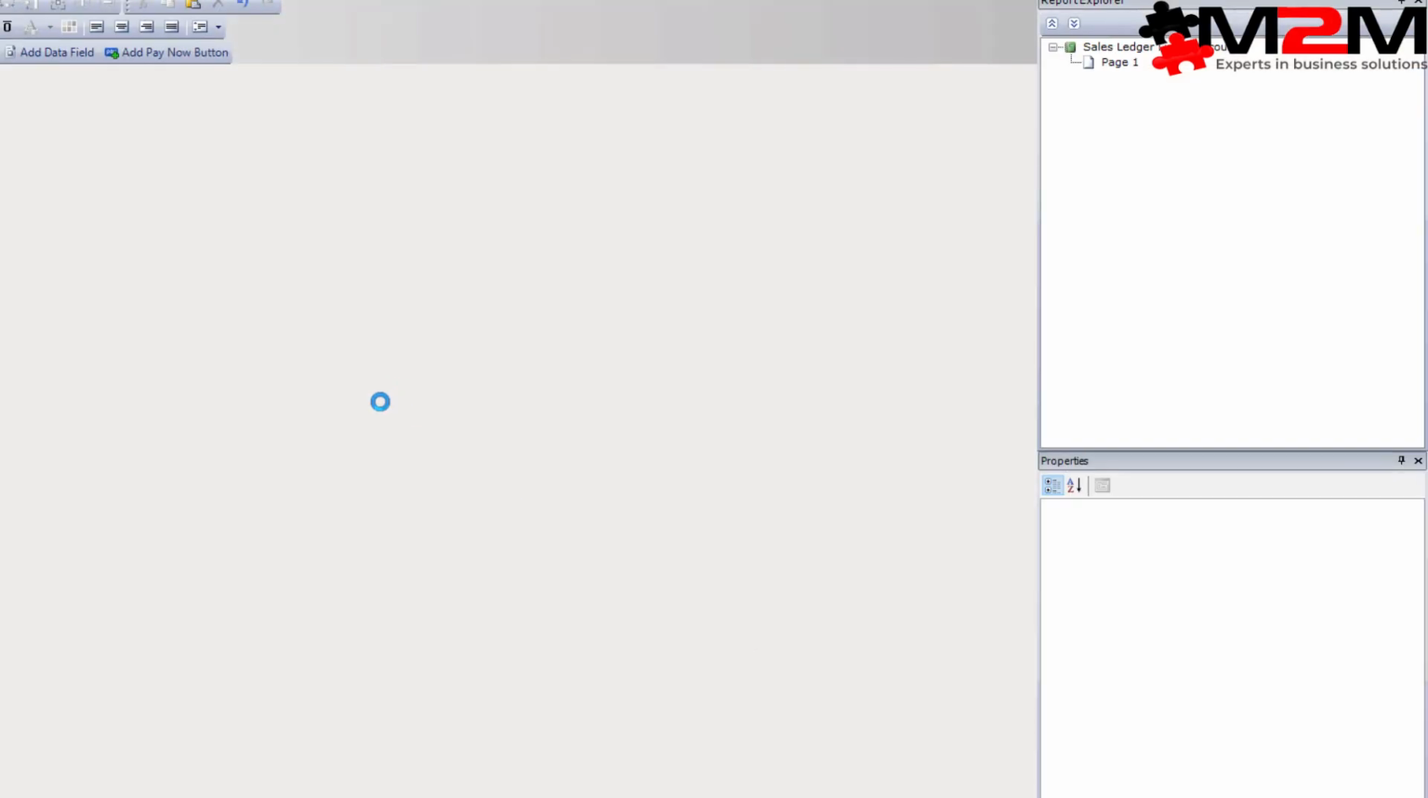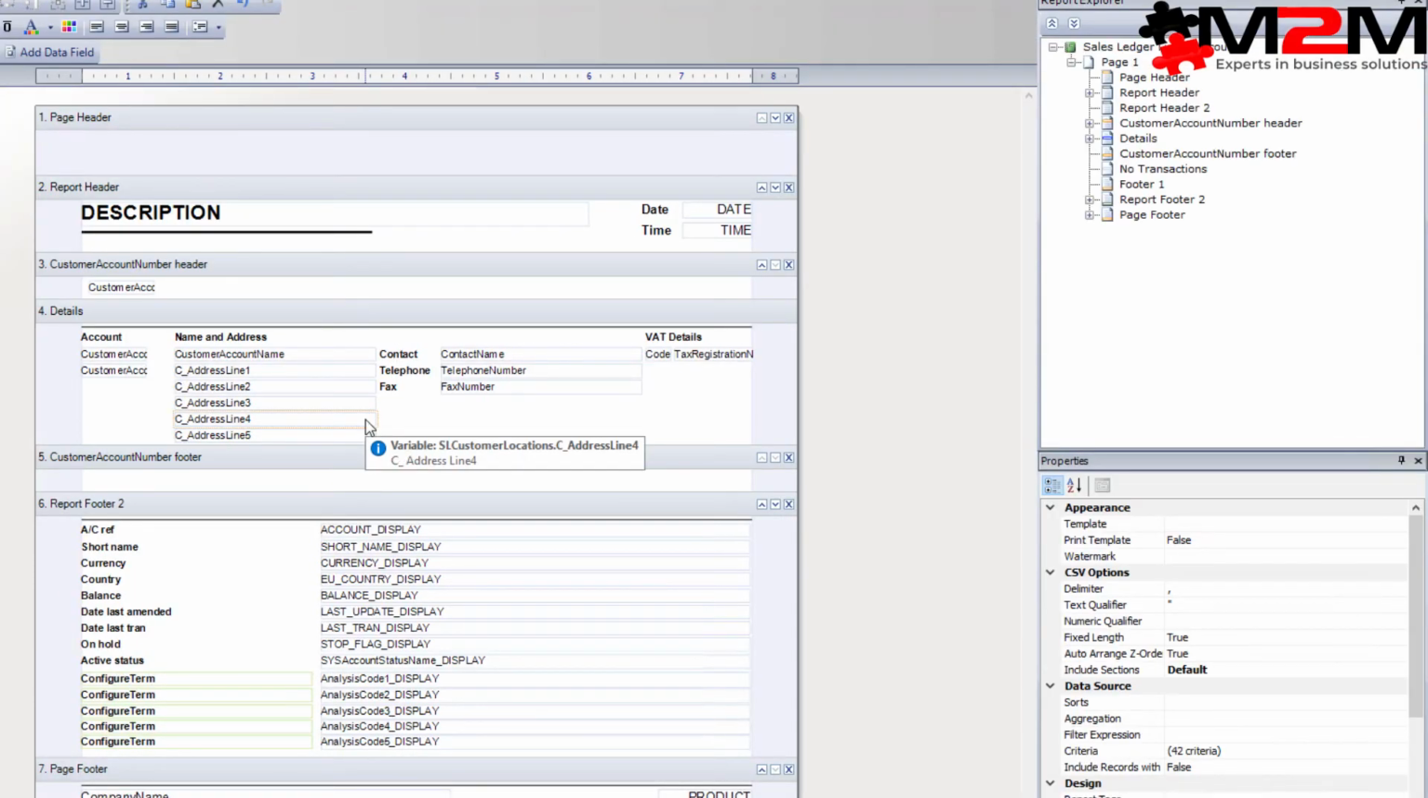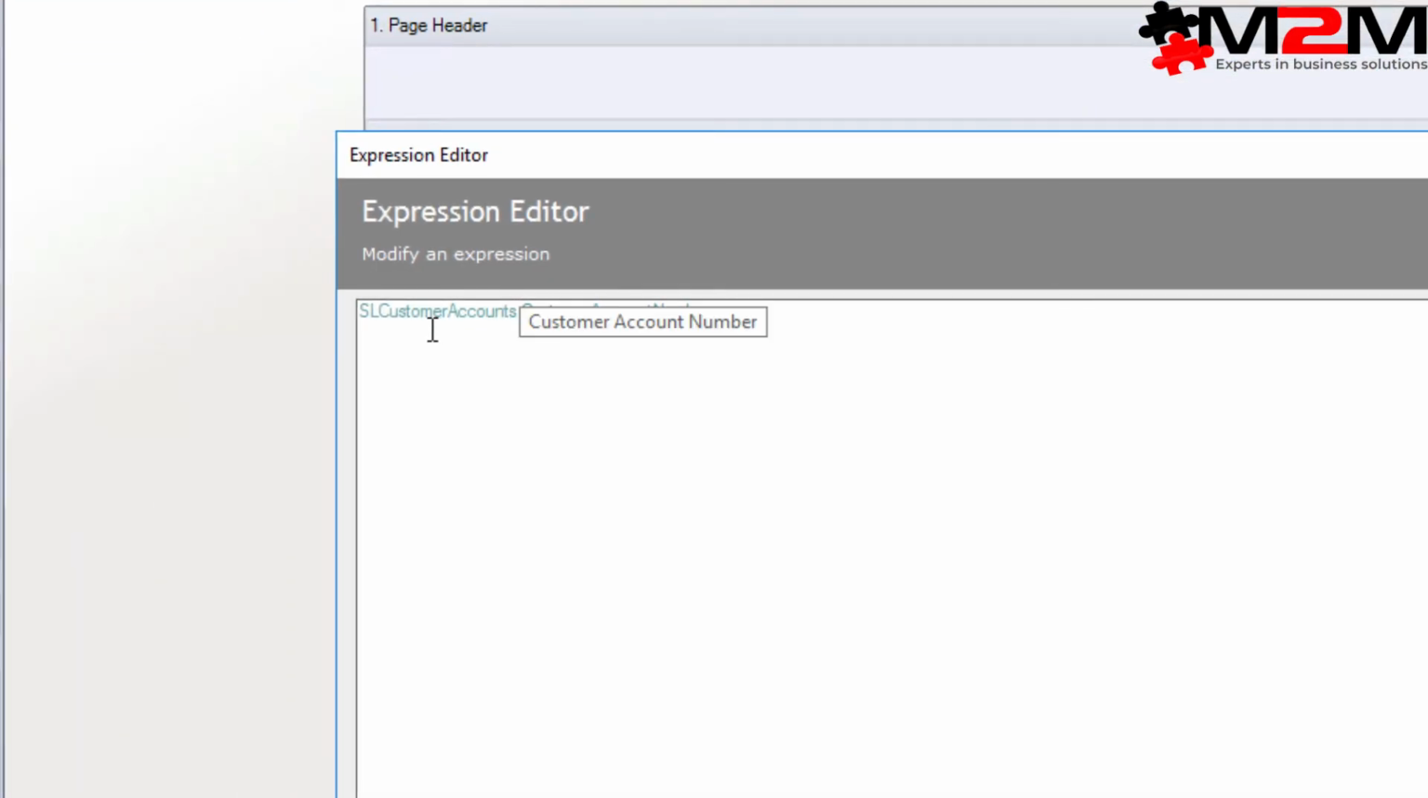Back to the design screen, I mentioned what we were aiming for is to show which customers, or how many customers, begin with a particular letter. So the first thing we need to do is identify what letter an account starts with. Happily, pretty straightforward. I'm going to double click on this variable to bring up the expression editor, go to the beginning